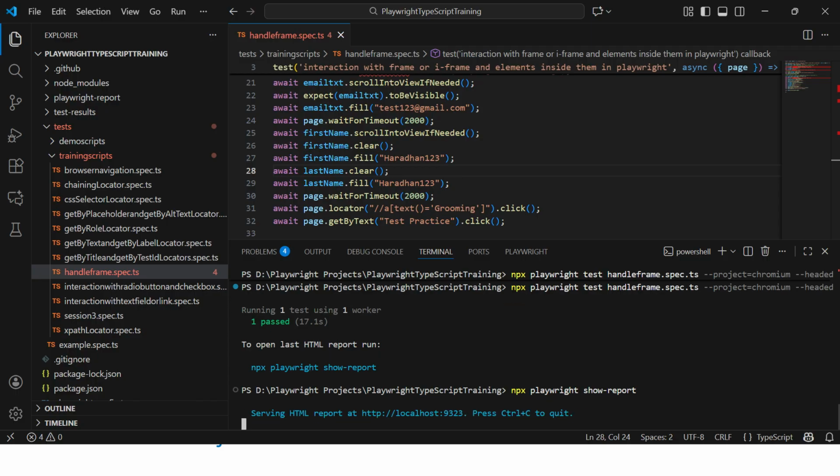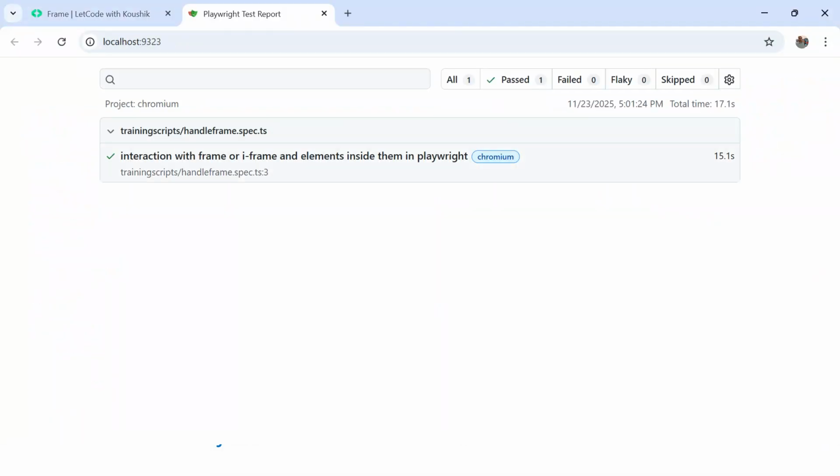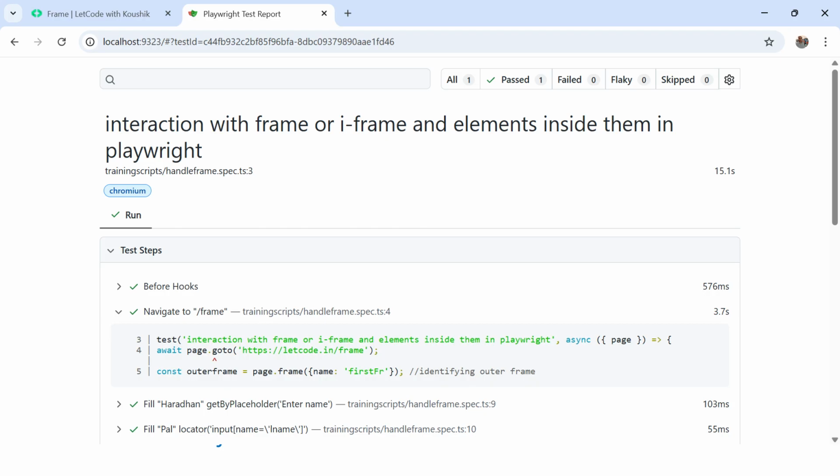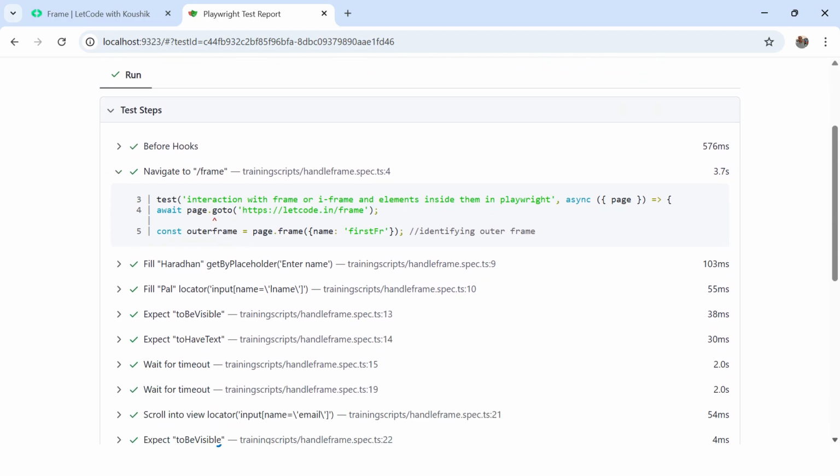So just see the report. Okay, this ran in the Chromium browser. One test case executed, one passed. This is the timestamp, total time taken. Okay, and this is the folder name, this is the spec file name, this is the test case name. It will be expanded. You can see it is navigating to the website